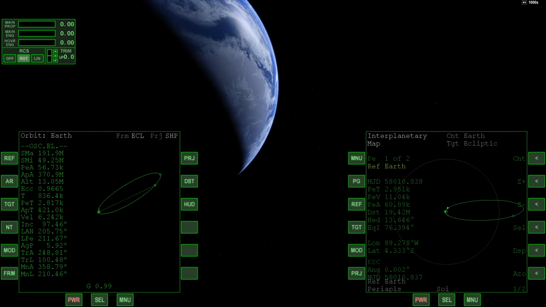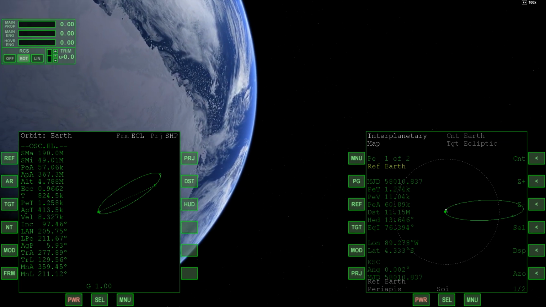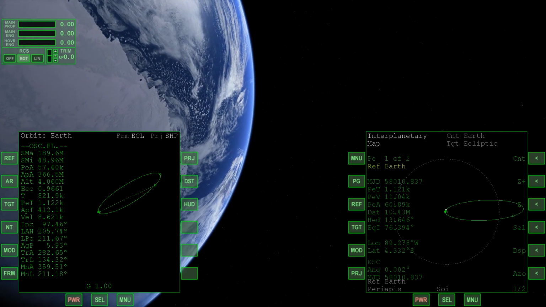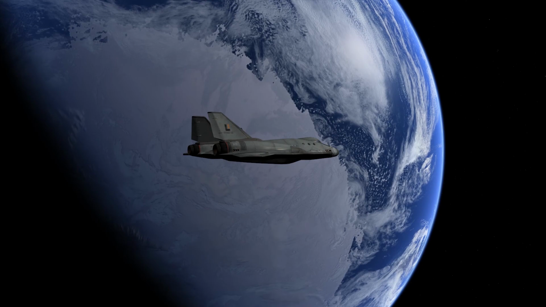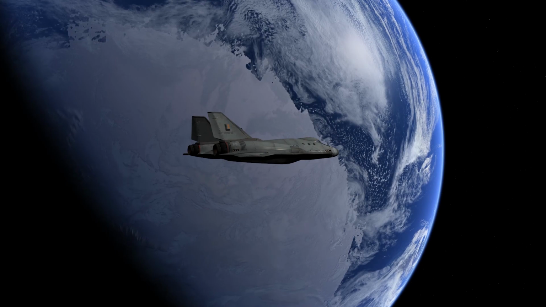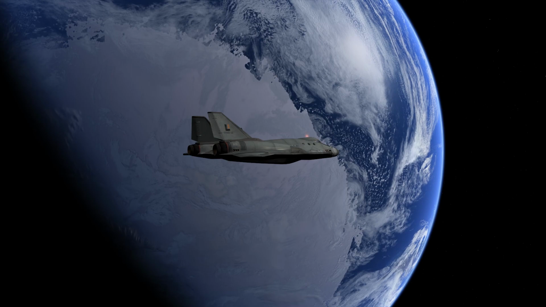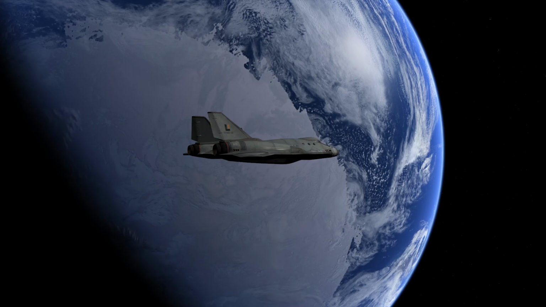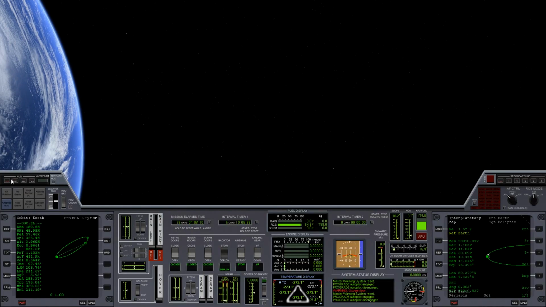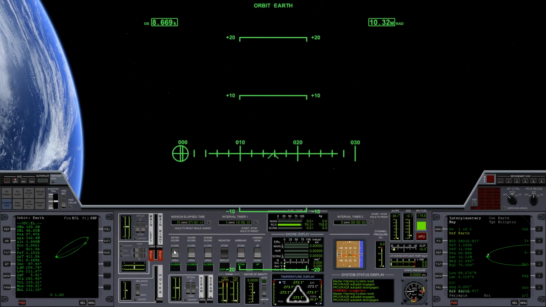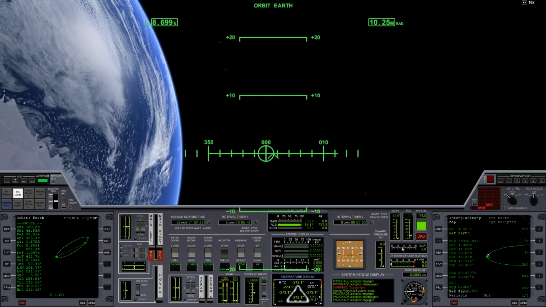There you can see Antarctica, the South Pole, just below us. So taking a look at the equatorial inclination at 76 degrees, I believe it was there. You can see how that actually is graphically demonstrated there. You can see as we're coming in over the bottom of the Earth, and we're going to head up toward Cape Canaveral. So everything still looks good on IMFD. We can turn on the orbit HUD again, and we'll just point the vessel prograde.